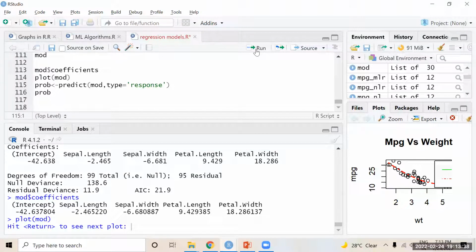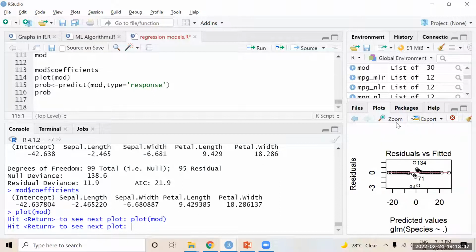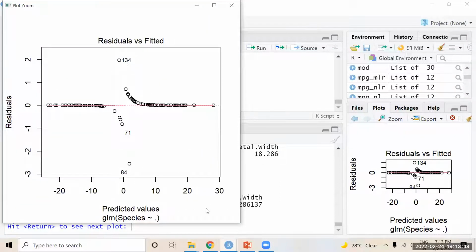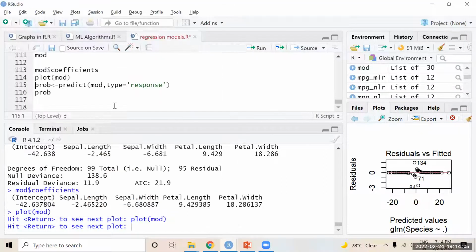So now you see here, this is the logistic regression model plot, comparing predicted values with the actual values. Residual is the difference. Residual is the difference. From this, it will take some time to analyze this particular plot, but you can easily analyze by using the accuracy or predicted values.